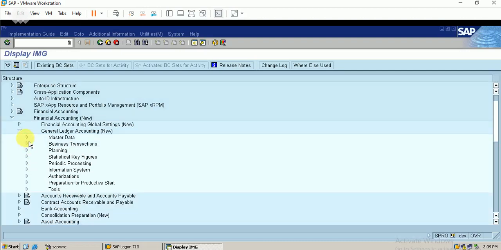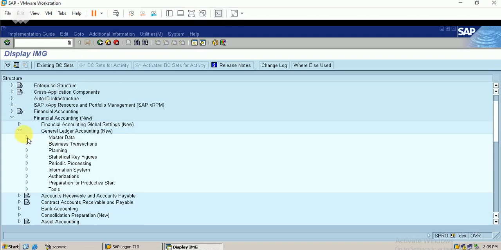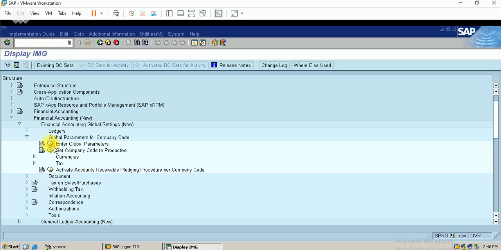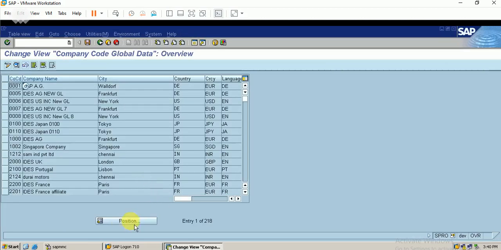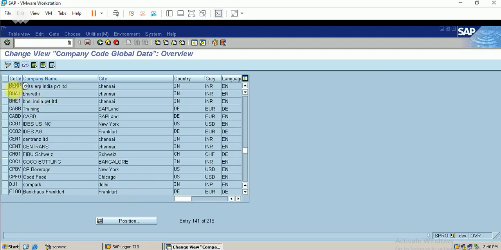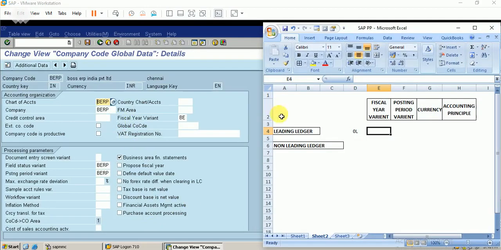Okay, the global parameters for company code. I just enter into my global parameters and pick my company code. You can see the fiscal year variant here.